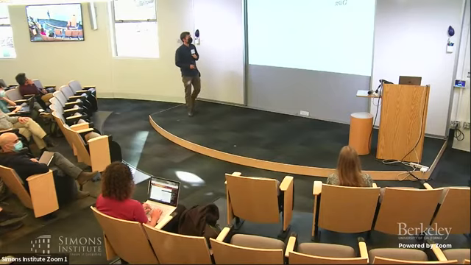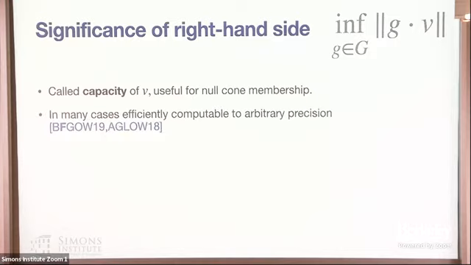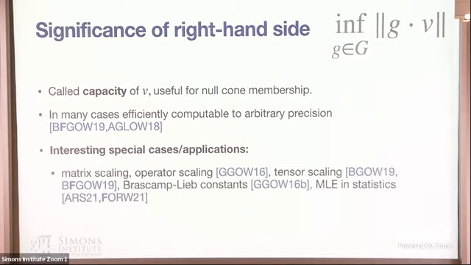So I'll talk a little bit more about why we care about these quantities. This minimal norm quantity has come up a bunch in my research and that of my collaborators. And we actually try to compute it in order to decide the vanishing of these invariants. And it's fortunate because, as I said, of this G convexity, you can compute it to arbitrary precision in a lot of cases. And some special cases,